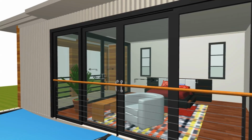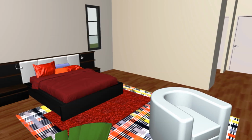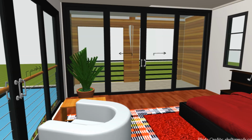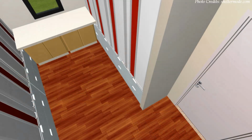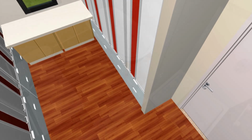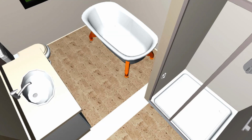The master bedroom accommodates a big bed space. There is a space that can comfortably fit a mini lounge, all fronting a private indoor balcony area. There is a big walk-in closet and a master bathroom with a freestanding bathtub, a shower cubicle, a vanity, and